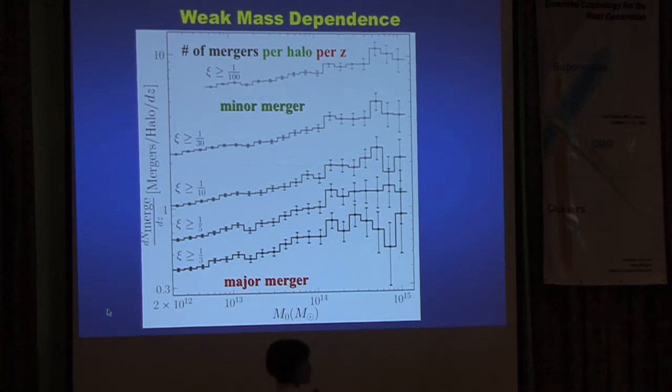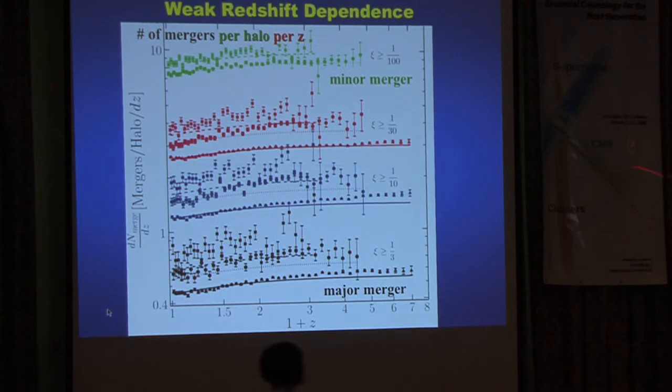Now we can study this for redshifts out to redshift 6, where we have the halo catalog. So now I will show the mergers as a function of redshift. The x-axis now is redshift, and the different colors are still the major merger versus minor mergers. However, within each one, we're now showing the 3 mass bins, galaxies, groups, and clusters, and the difference is about a factor of 2 here, which is exactly the dependence on mass that you saw earlier.